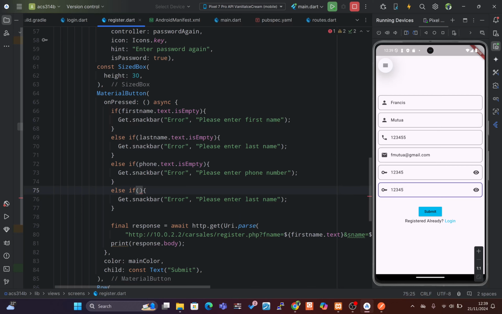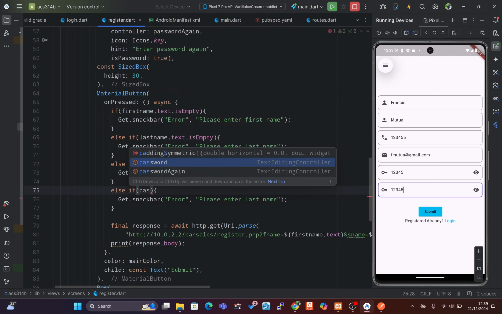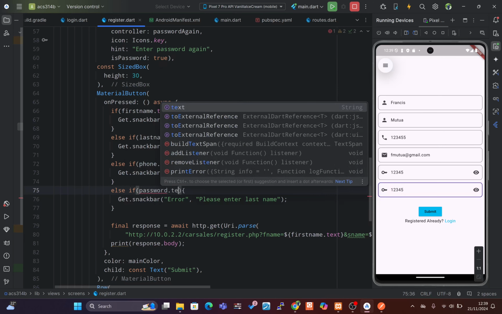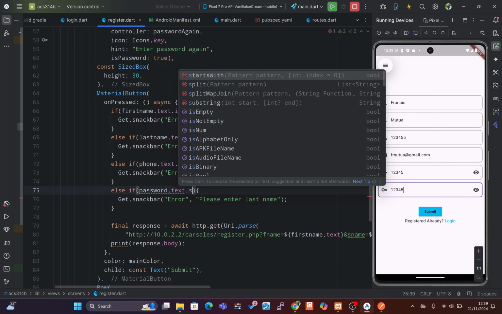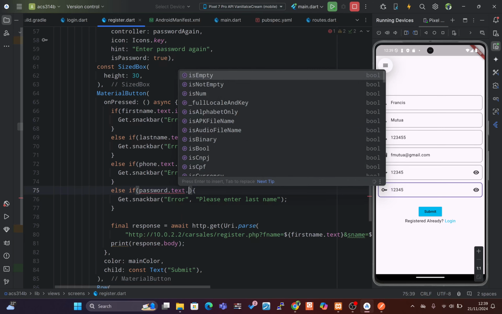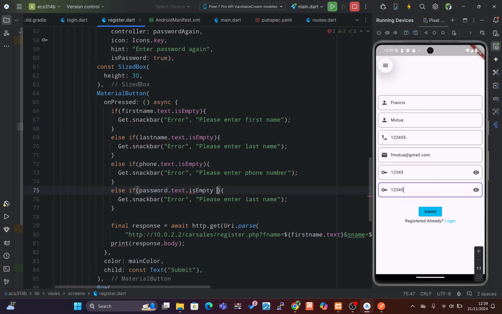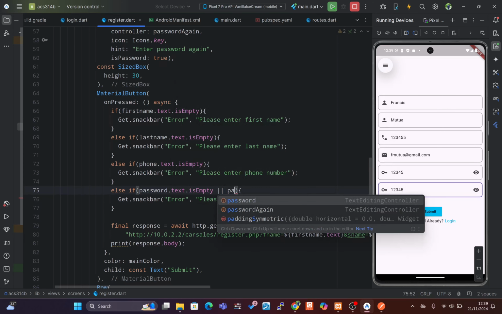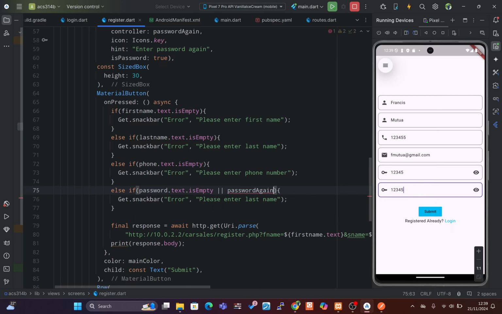If password dot text is empty, or password again dot text is empty, either of them should not be empty. If this one is empty, the first one, or this one is empty, you'll be told to provide matching passwords. Okay, let's continue. That's not all. Or